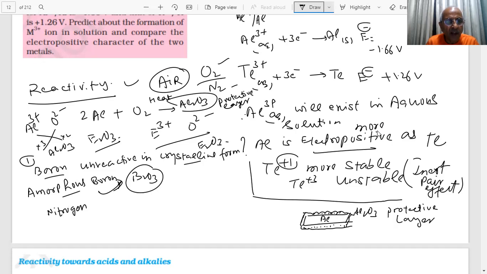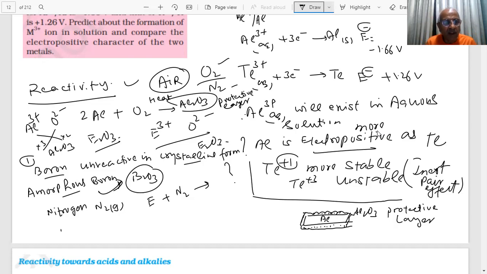Nitrogen N2 gas is also there in the air, student. The element will react with the nitrogen. Tell me, what should be the formula of this, student? How do you decide the formula of a compound? I have uploaded a video on that also, on how to write the formula of a compound. Students don't know how to write the formula of a compound.